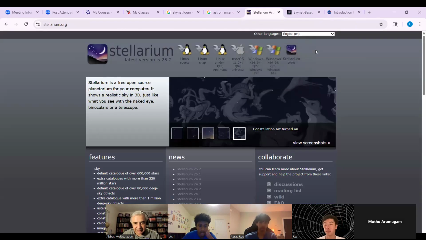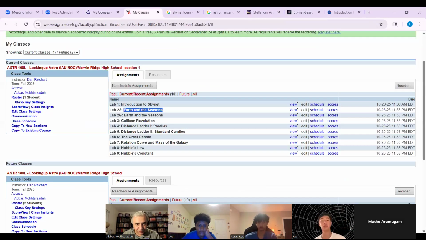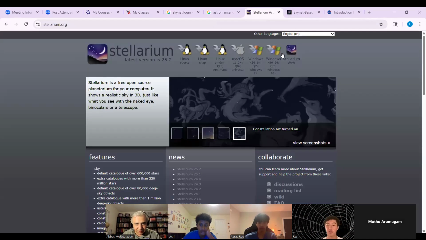Thank you. And this is one of the key items on the course. We said we're going to use the Lab 2S. We're going to use Stellarium. If you type Stellarium on Google, stellarium.org, which I sent a link on the email, you're going to see